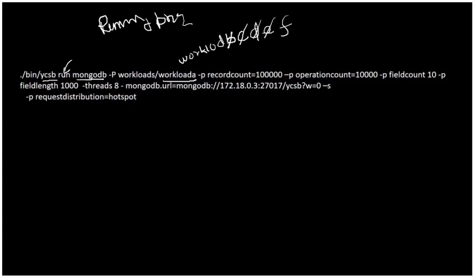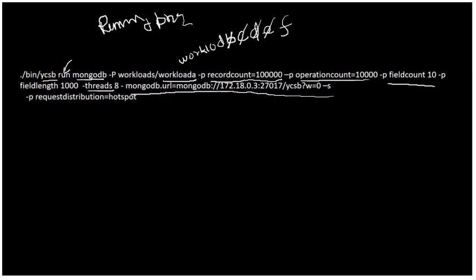This tells how many records are in the database, on which we want to perform our operations. This is the operation count. We want to perform 10,000 operations in the database. This is the field count, how many fields we want in each record. This is the field length, how large each field should be. This is the thread count, how many parallel operations you want to do. This is the path of the database where the database server is running.